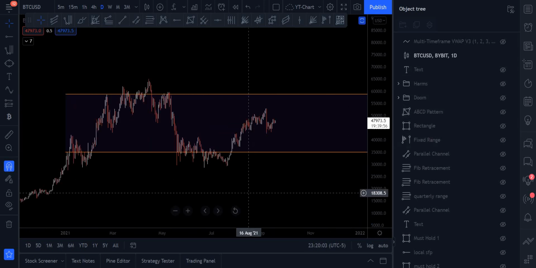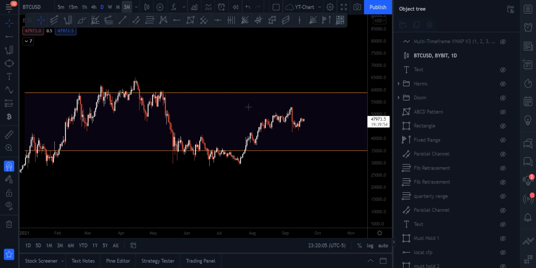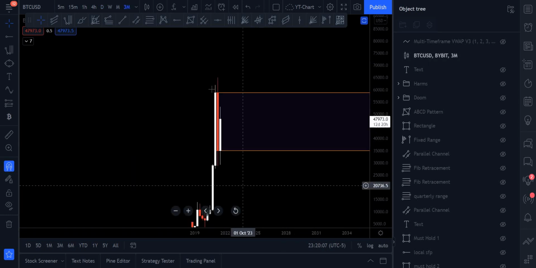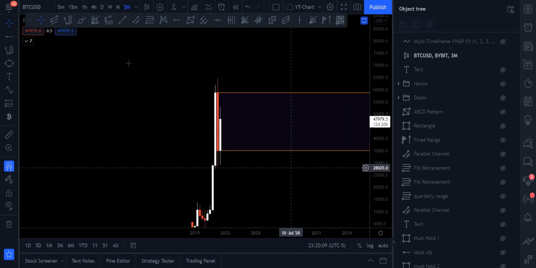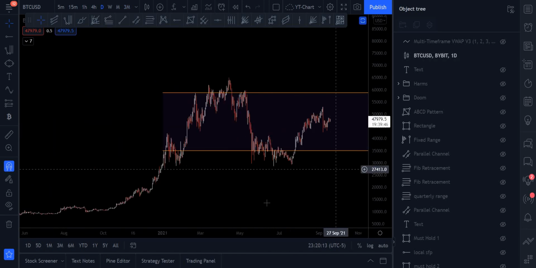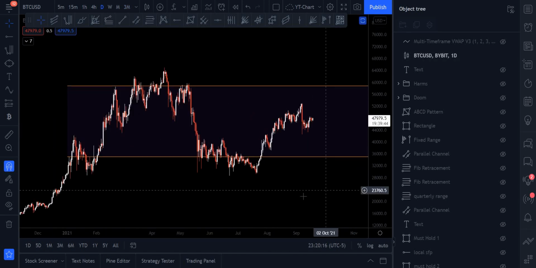And what we're looking at right here is a quarterly range. And so if you go to your 3-month chart, very, very simply put, this is how you would identify the range. I gave this in Faceless Crypto,